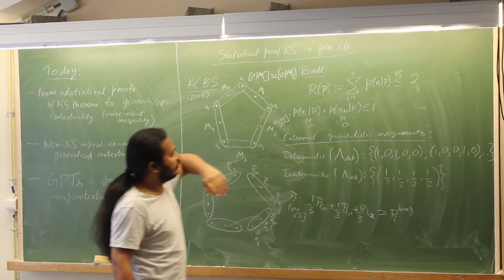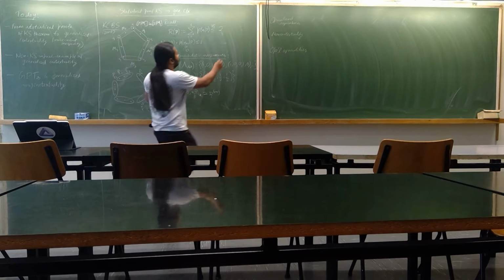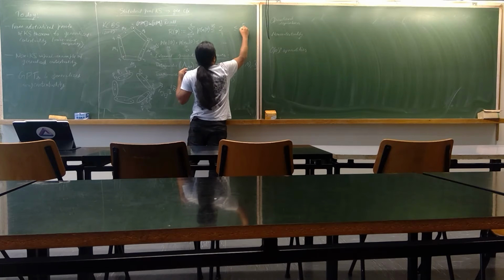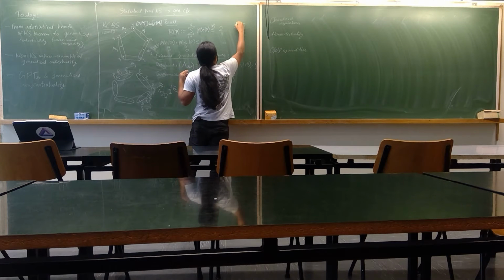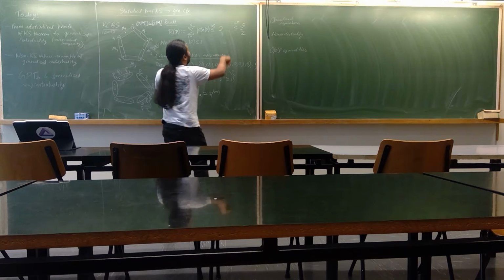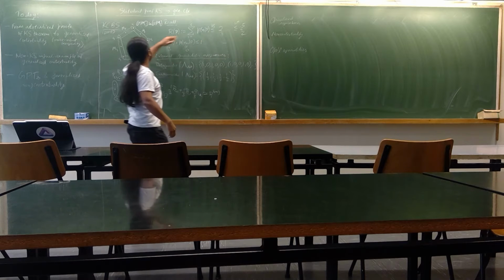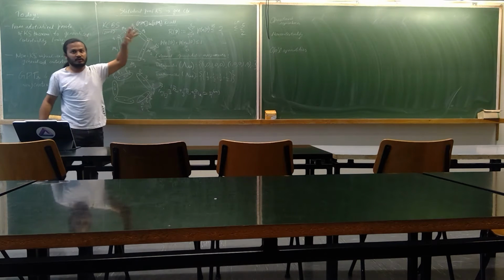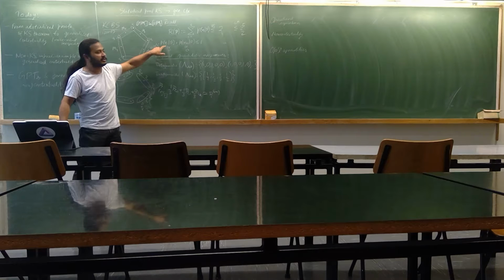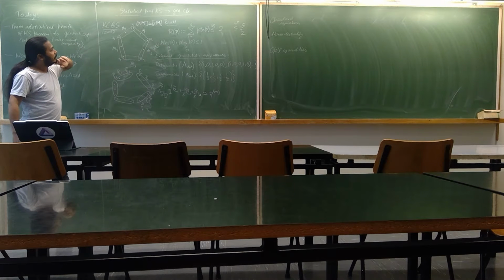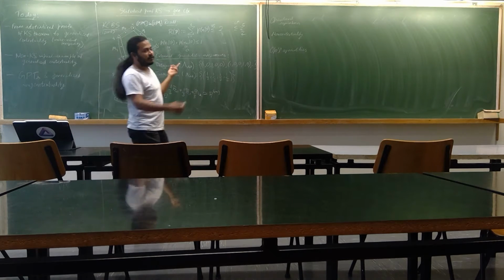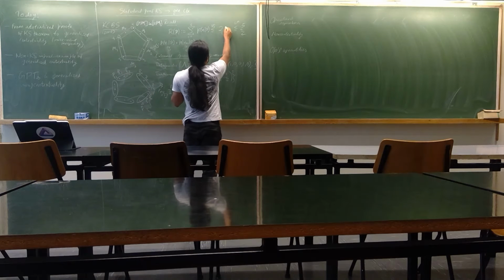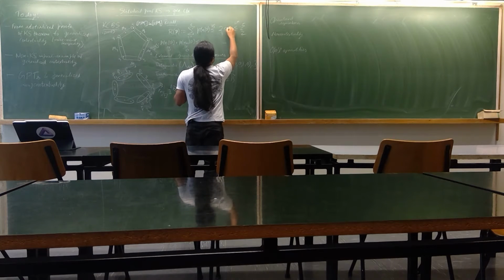And naively, we know that the algebraic bound is 5 over 2. So with GPTs, you can achieve 5 over 2, for example. That's when each of these is half. You achieve 5 over 2, and you can't do more than that if you're trying to be consistent with these equations. And of course, if you're doing quantum theory with projective measurements, then we know that